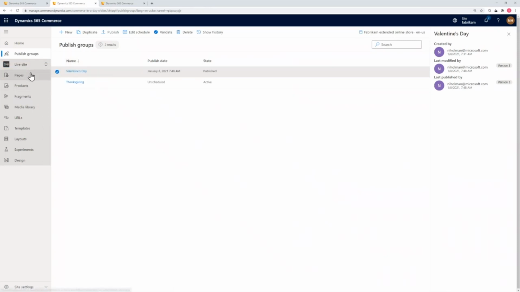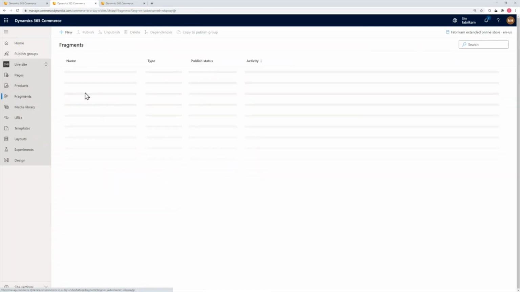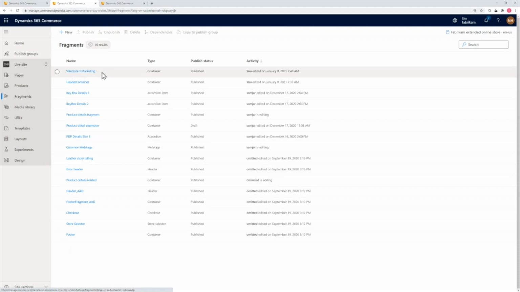I can now go and I'm going to see that my Valentine's Day page that before did not even exist in live site has now been published, and my homepage has been published, and the fragment that I created, my Valentine's Day marketing fragment, is now published to my live site. So I'm hoping that kind of gave people an idea of how ongoing site content management really works for a lot of our customers. Now that we've seen that, let's go a little bit more